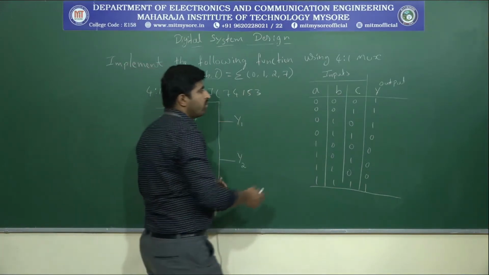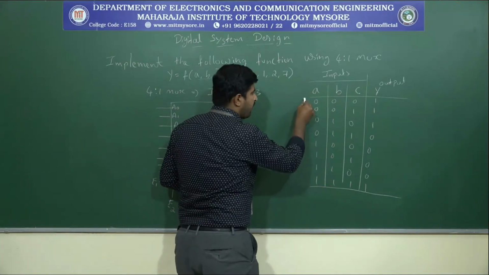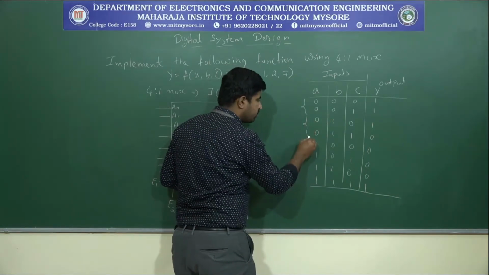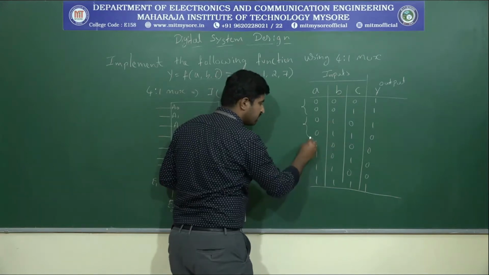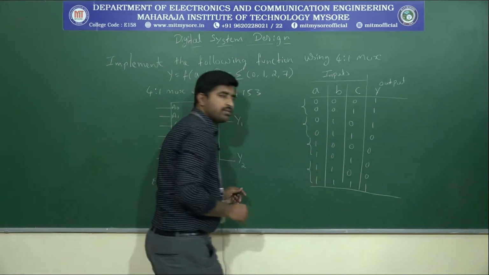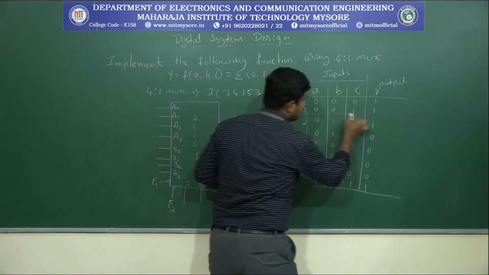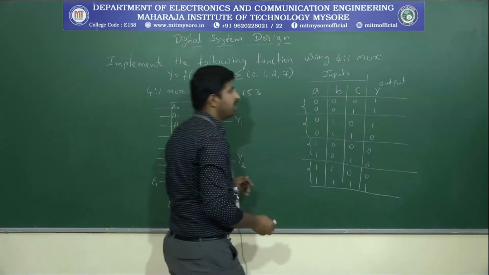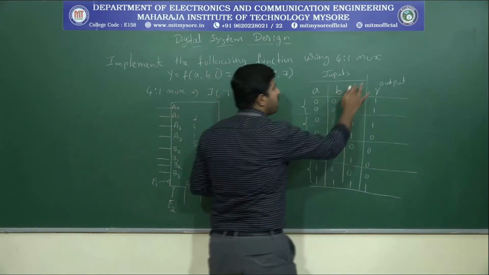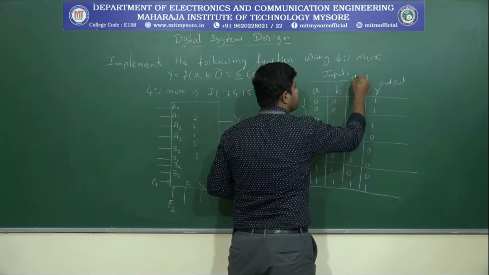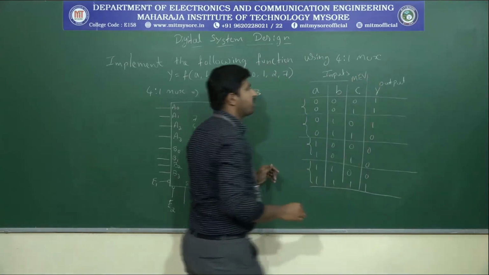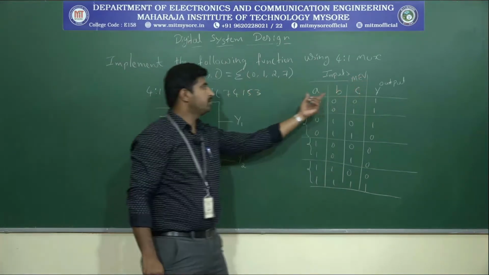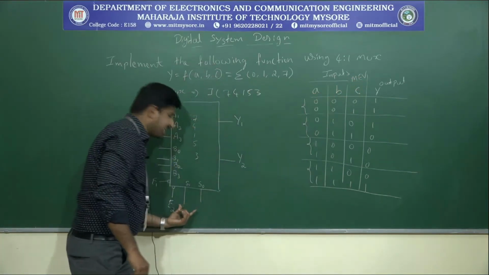Okay. So now if you look at the table, A and B will have the C value here, right? Similarly, in these two conditions, A and B will have the same values here also, right? Okay. So here we will consider C as a map entered variable. Usually we represent it as MEV. So MEV corresponds to the map entered variable. Okay. So these A and B will be connected to the select lines.